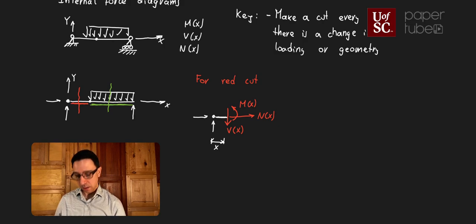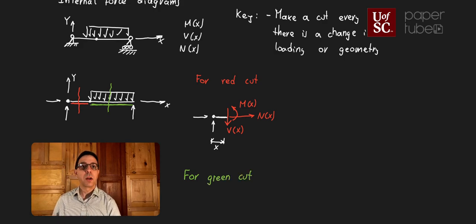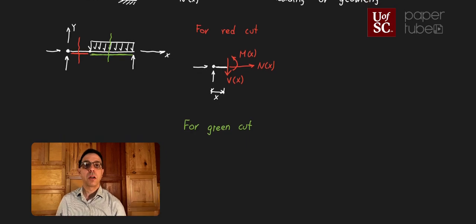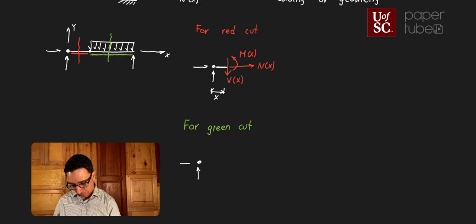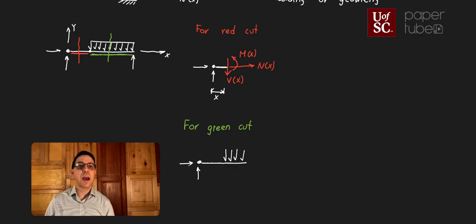All right, so for my green cut, what am I going to see? Okay, let's see. For my green cut, I'm going to see part of the things that I've seen before. So my support reaction forces on my left hand side. I'm going to see part of the beam that is not loaded, and I'm also going to see part of the beam that is loaded with that distributed force,